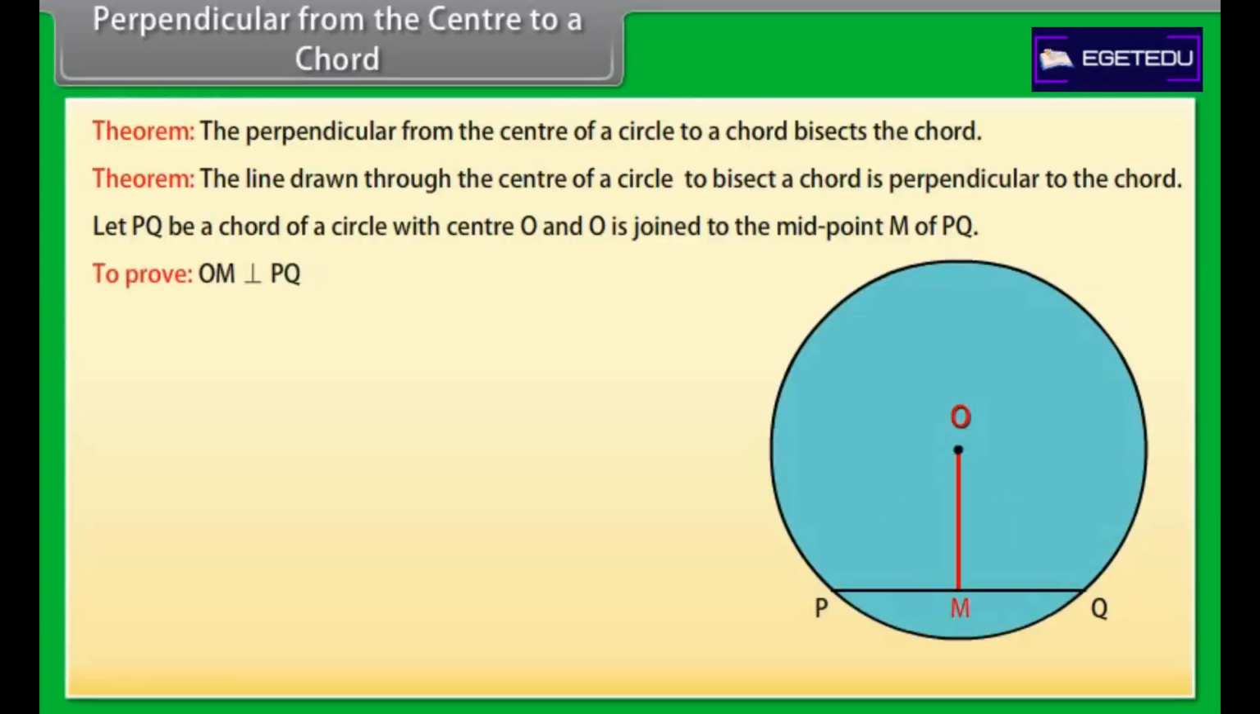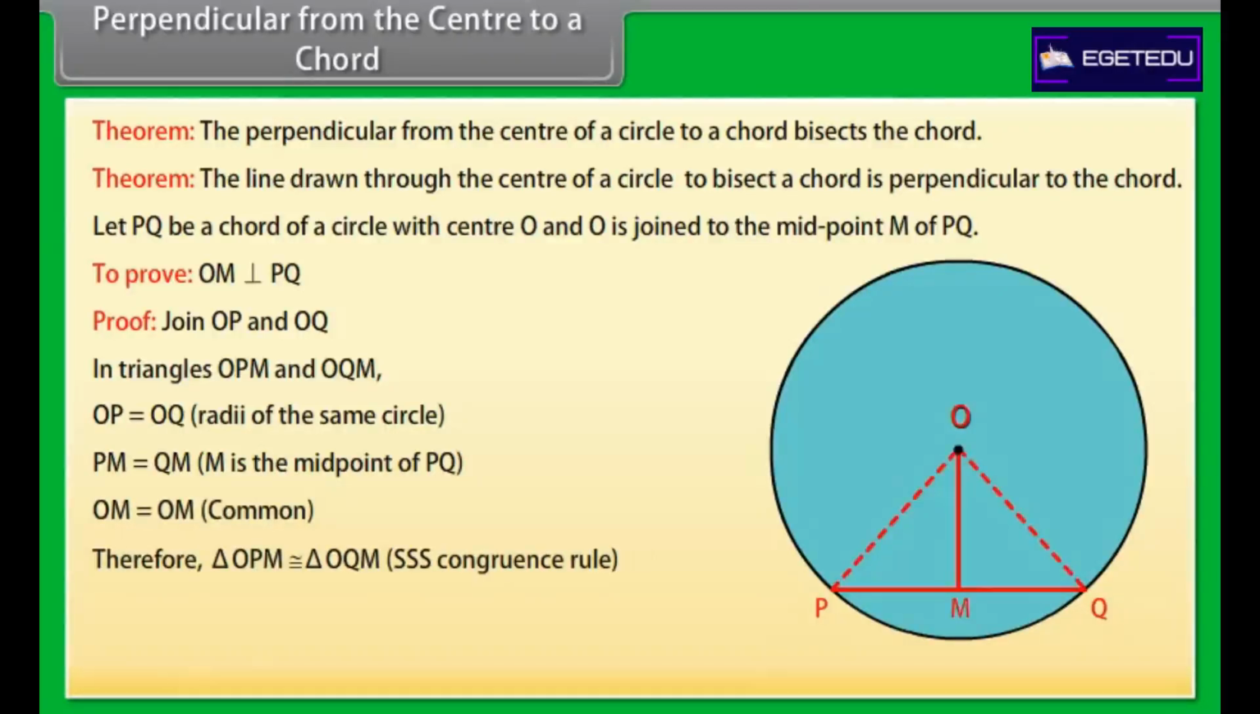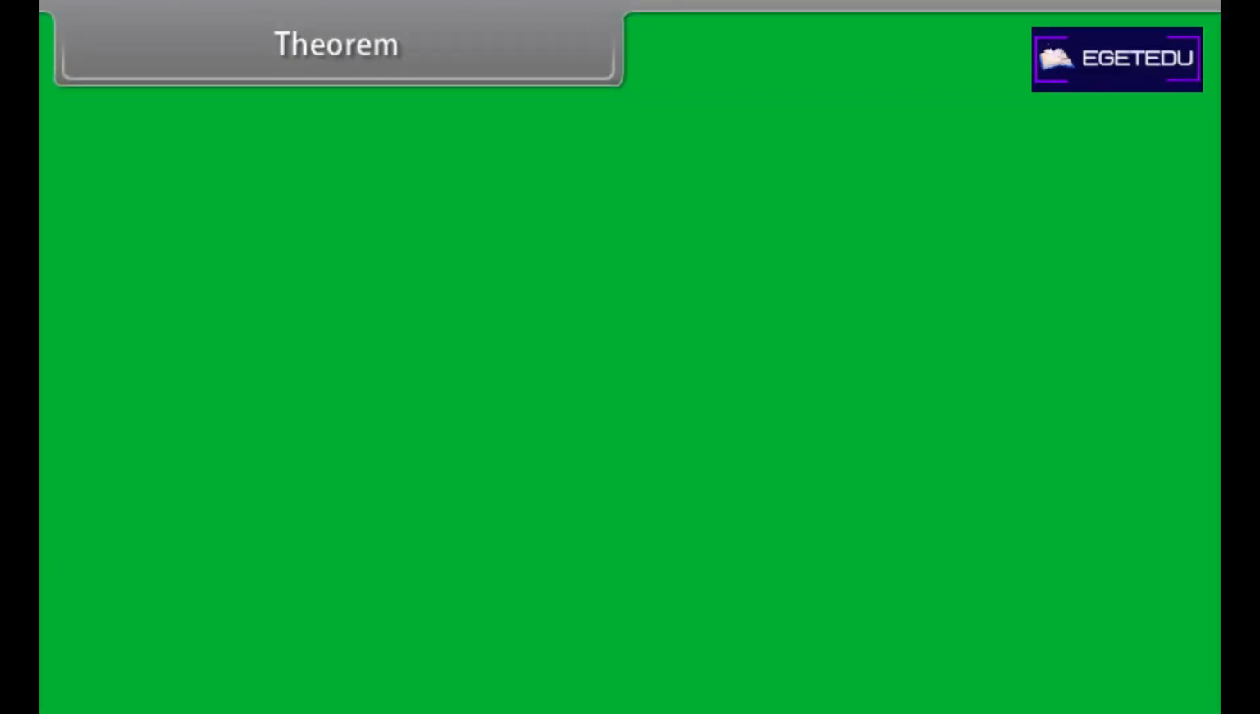To prove, OM is perpendicular to PQ. Proof. Join OP and OQ. In triangles OPM and OQM, OP is equal to OQ because these are the radii of the same circle. PM is equal to QM because M is the midpoint of PQ. OM is equal to OM, common. Therefore, by SSS congruence rule, triangle OPM is congruent to triangle OQM. This gives angle OMP is equal to angle OMQ, which equals 90 degrees, because corresponding parts of congruent triangles are